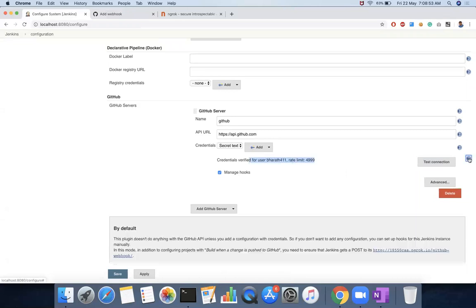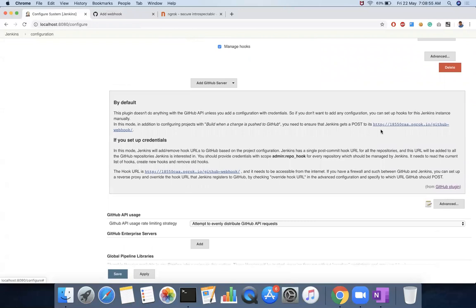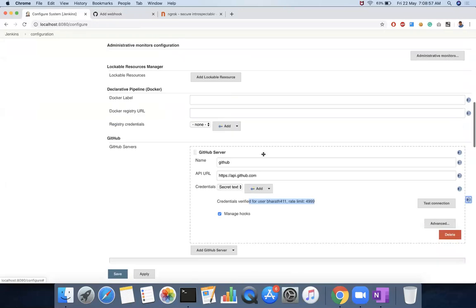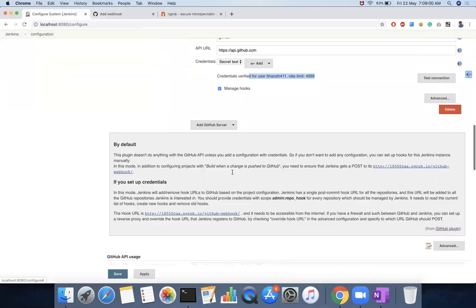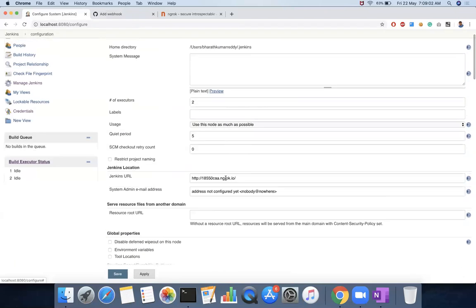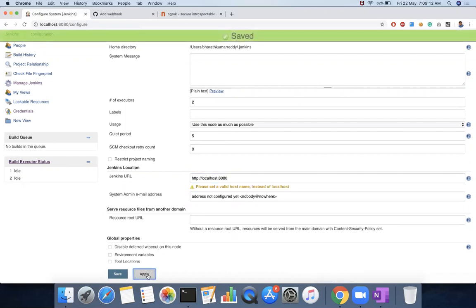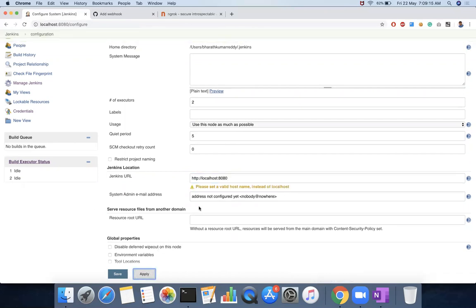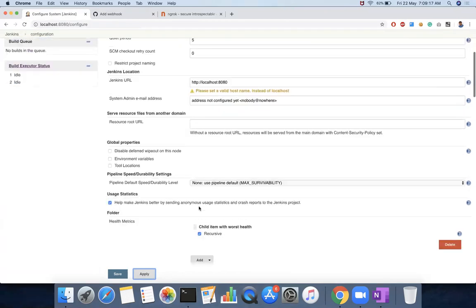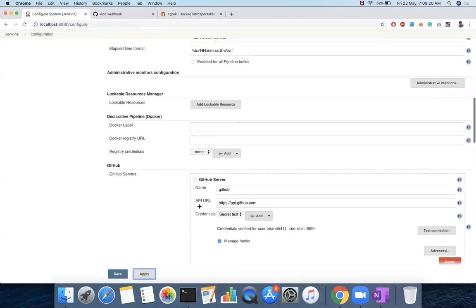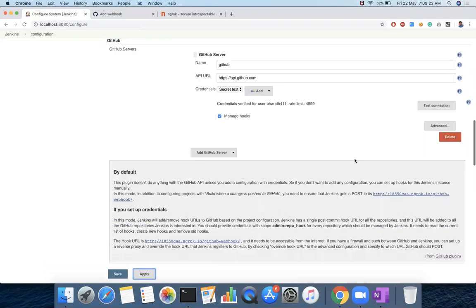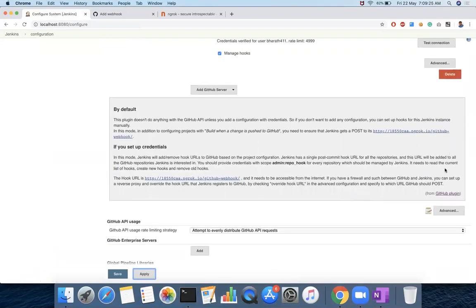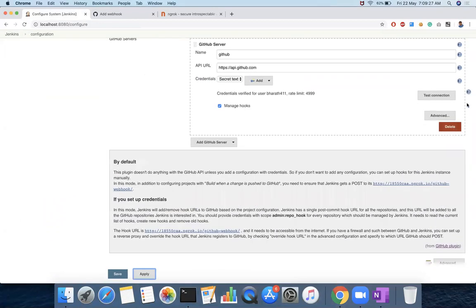If you click on this help button, it will give you the webhook. Generally, you are mostly handling this from localhost, local servers, right? So that's where this comes into the picture.